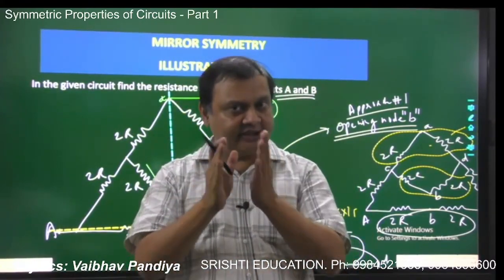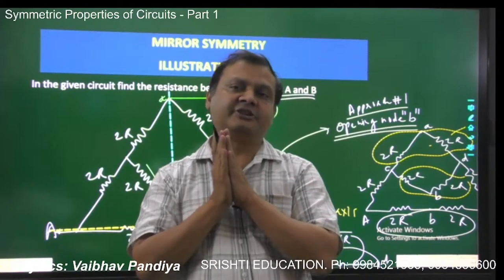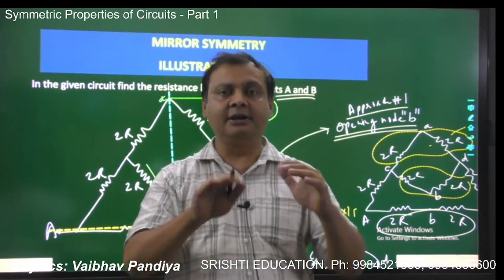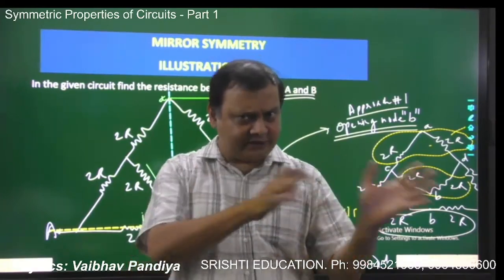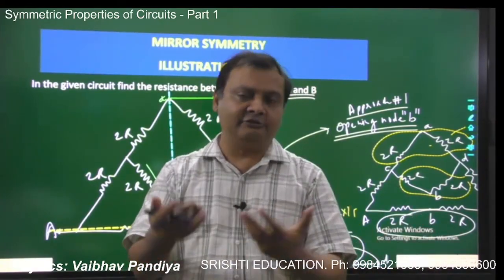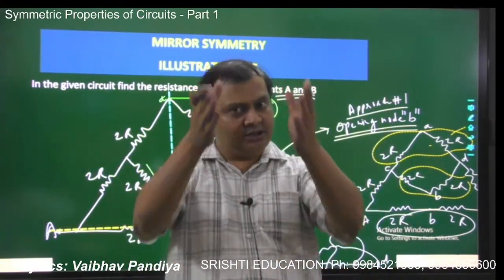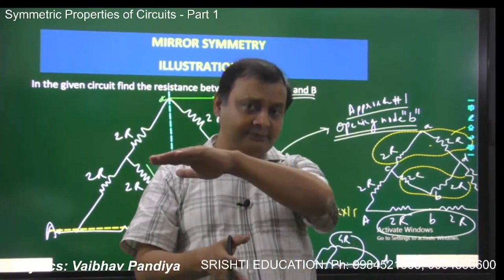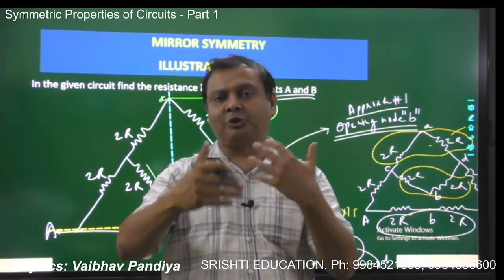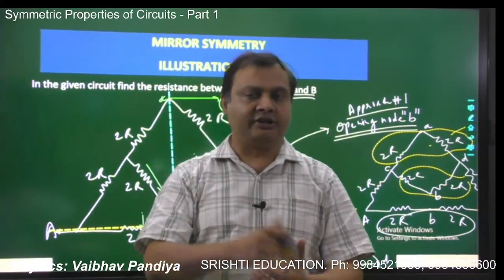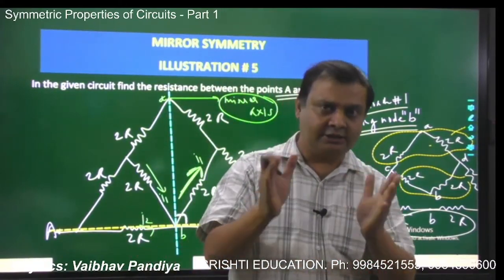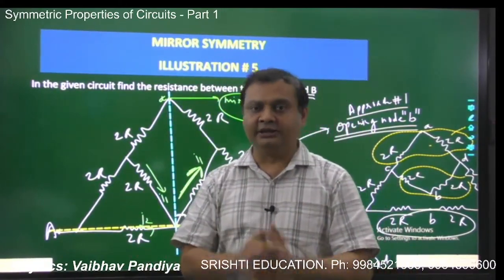Now, in the next lecture, part 2 of symmetric circuits, we will start with the parallel axis of symmetry, or the folding symmetry. And then we will see that after these two symmetries, there are many circuits in which both the symmetries will be present: the perpendicular axis of symmetry as well as the parallel axis of symmetry. So the properties of both such symmetries will be applicable in such circuits. So in the second lecture, we will meet with the parallel axis of symmetry. In the meantime, work out